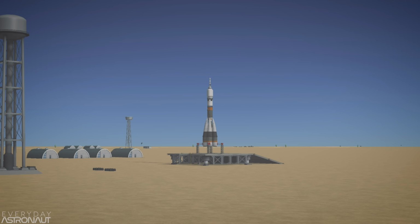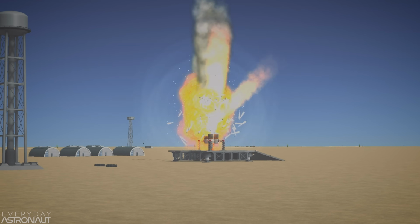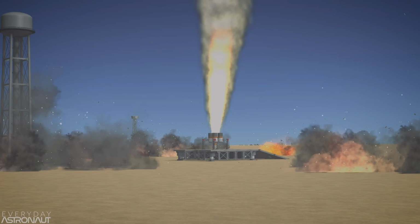The first time an abort system was used was actually on an uncrewed test flight of Soyuz for the Soyuz 7K OK number 1 mission in 1966. The launch was reset when a strapped-on booster failed to ignite. The ground crew went out to inspect the rocket when suddenly, 27 minutes after the scrub, the launch tower activated because its gyroscope noticed it was 8 degrees off axis from where it thought it should be due to the